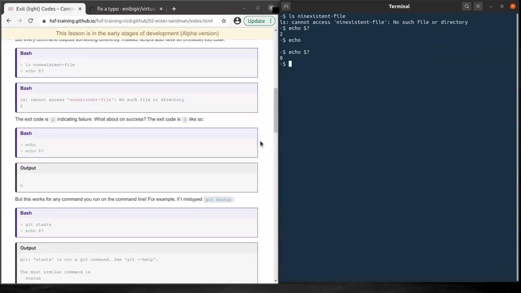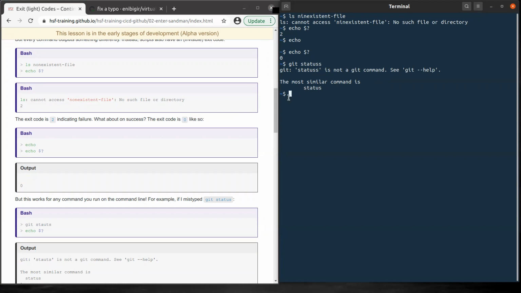This also may happen when you mistype something. Let's say I wanted to write git status, but instead I put an extra s. You can see that there is an error message that this status with an extra s is not a git command.